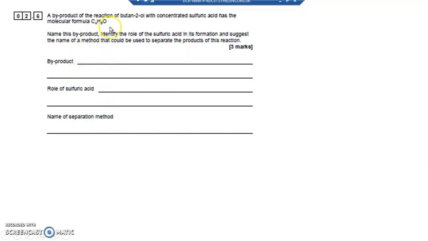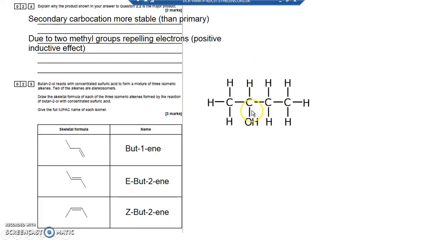This is a little known thing, but concentrated sulfuric acid can act as an oxidizing agent, so it can turn butan-2-ol into a ketone. Now the best way of doing that is through acidified potassium dichromate with a little bit of dilute acid. That would be the best way of turning a secondary alcohol like this, a secondary alcohol with the C-OH in between 2 carbons. So the C-OH is bonded to 2 carbons, so as a secondary alcohol, with potassium dichromate and a little bit of sulfuric acid, it would turn into a ketone, a C double bond O, and that H would be